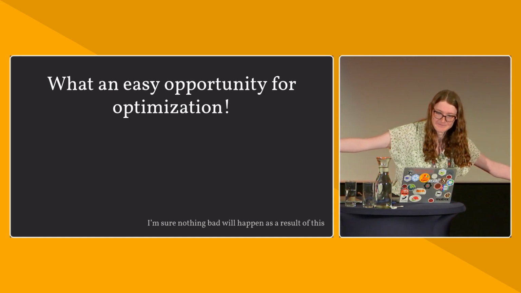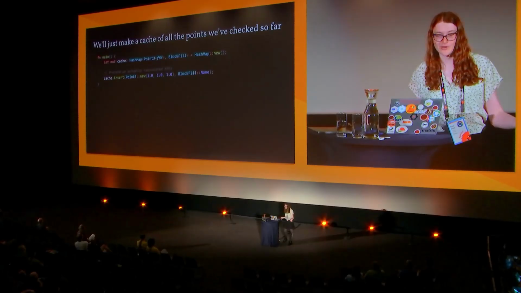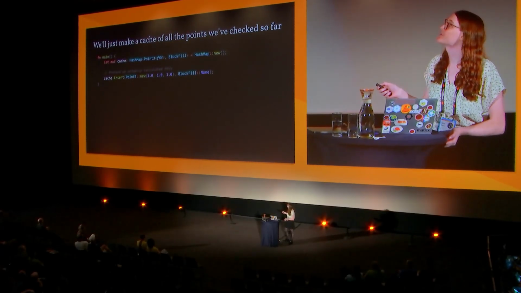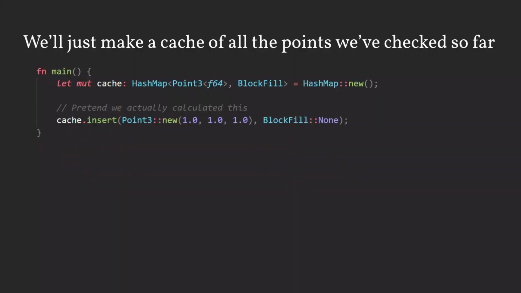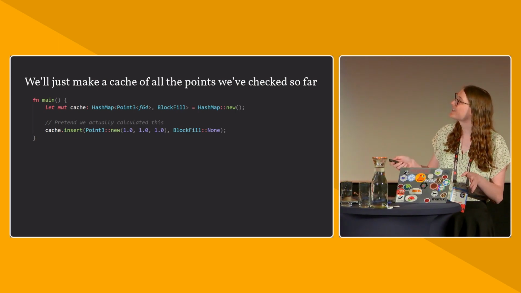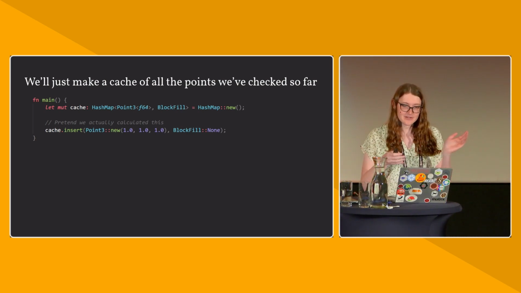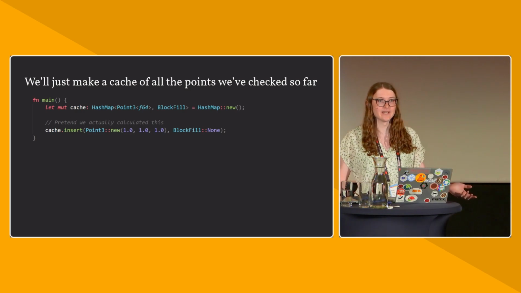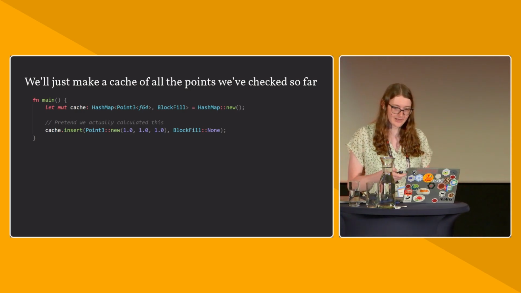at the time. We'll just make a cache of all of the points that we've checked so far, and you can see kind of a rusty example of this. We make a hash map, we're starting with our points. These are F64 triples representing the point in space, and then we can map that into the fill that we've computed for that voxel. We can say this one's green, this one's red, what have you. And then I kind of lied over some details here, but when we get there, you take the point and then you try to insert it into your cache once you've computed the value, and then later we can look it up in the cache, and if it's available in the cache, we can skip recomputing it, and we can just get the value from the cache instead of computing it all over again.